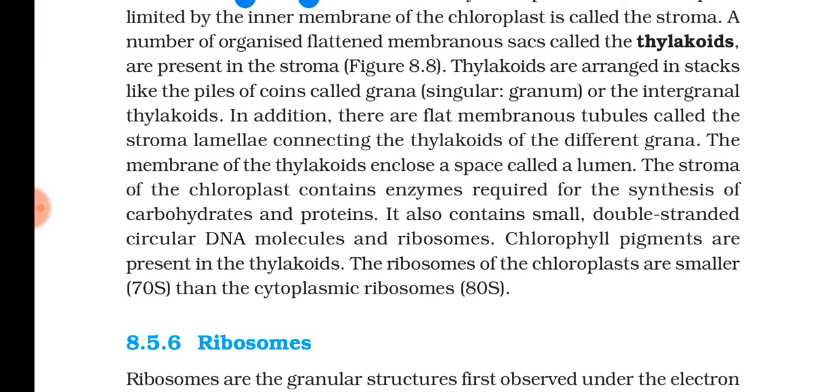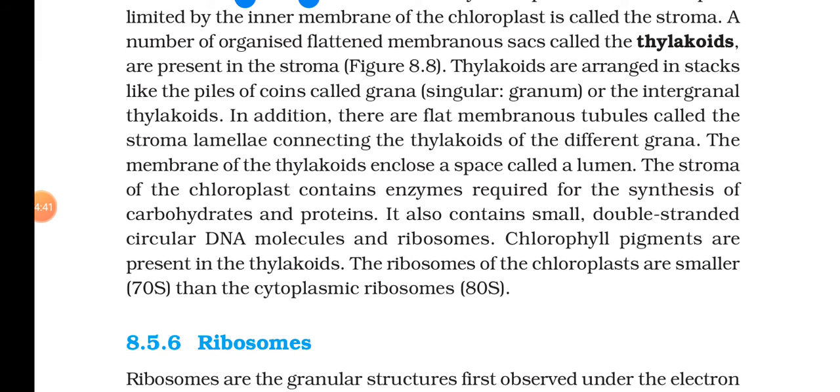The ribosomes of the chloroplast are 70S, smaller than the cytoplasmic ribosomes. Plant cells are eukaryotic cells, isn't it? And they contain what? 80S ribosomes in the cytoplasm. But in the matrix of the chloroplast, there are what? Ribosomes which are smaller than the cytoplasmic ribosomes and similar to the prokaryotic ribosomes, which are present in